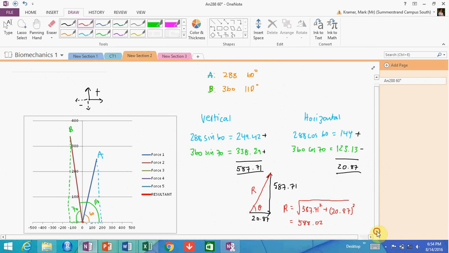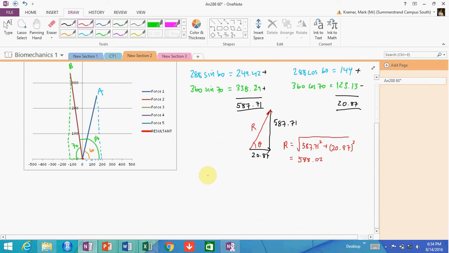Remember, any vector has both magnitude and direction. Well, I have to find this angle. I have two sides, the opposite and the adjacent side, so I'll be able to use the tan of that angle, which is going to be the opposite over the adjacent, which is equal to 587.71 over 20.87. So to find the angle on its own, on your calculator you just inverse tan this particular value,